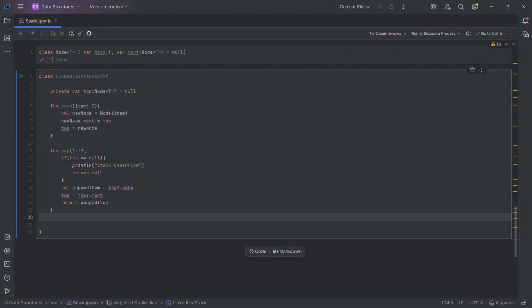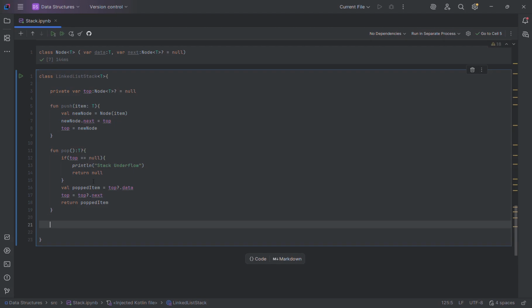So what did you do? You checked if the top is null, whether you have a stack. If you don't have a stack, just return null. If you have a stack, we store the top's data. You take the top plate, and then point to the next plate, which was right below it. So you did top's next, and then you return the popped item. And then you have push, pop,